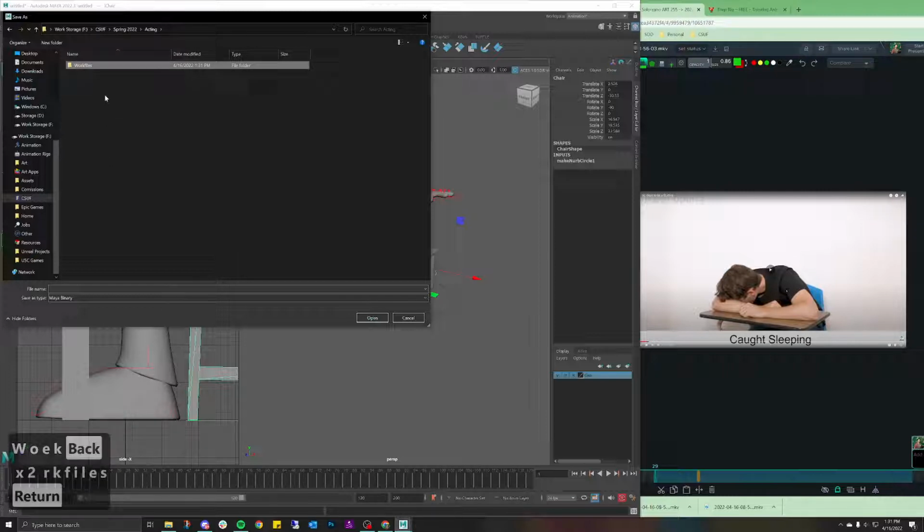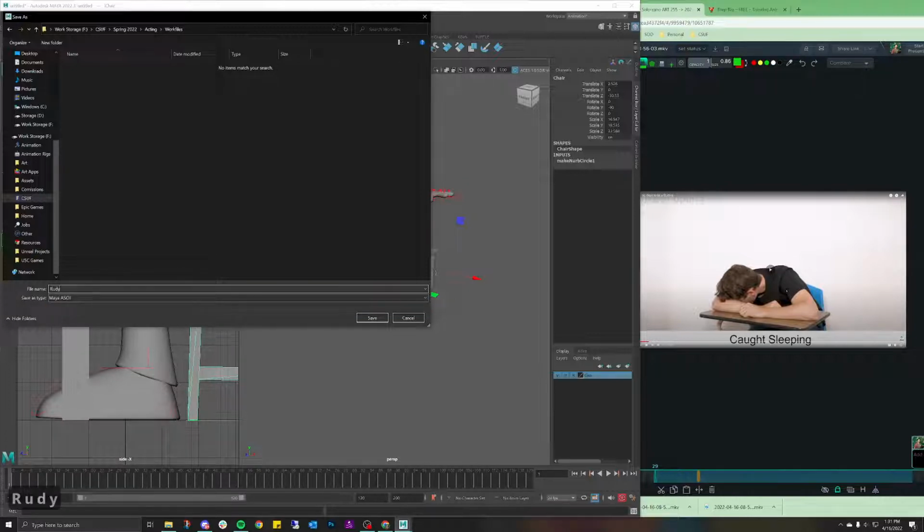So anytime I do anything, I know it's going to be in my work file location. Hopefully I can save as my ASCII. Let's see if I can. First, Rudy Solorzano _ acting